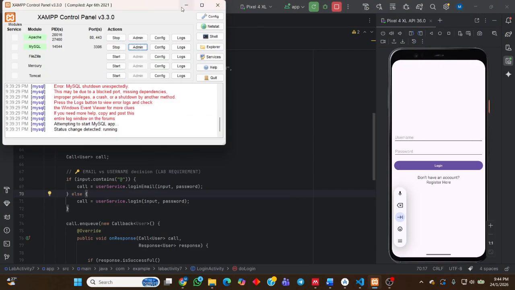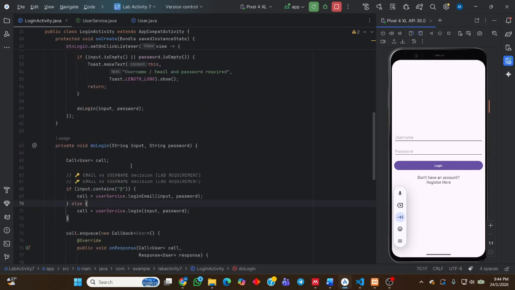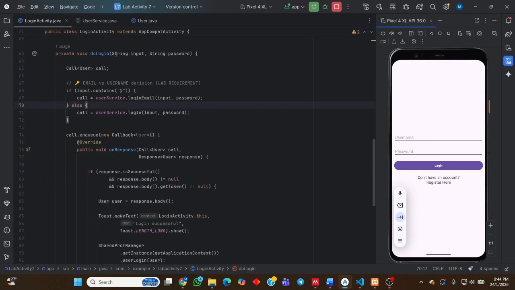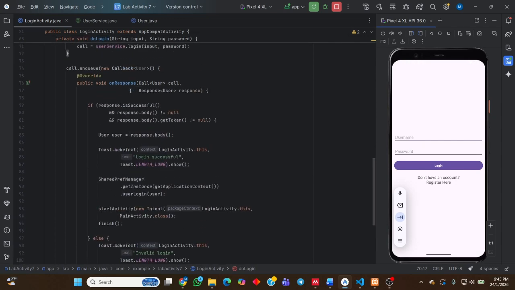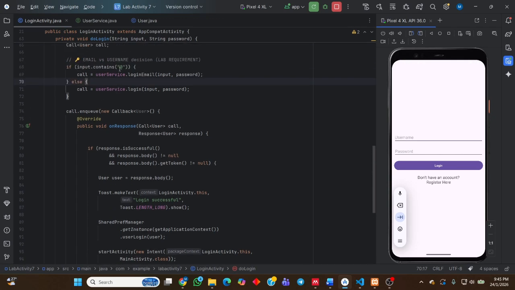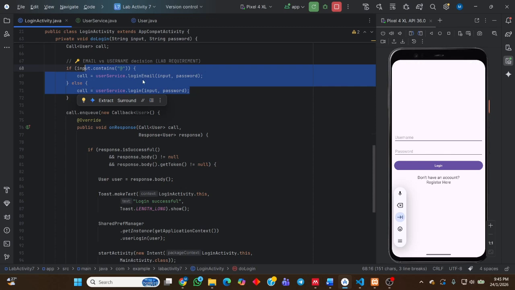If you first look at the coding, this is my login activity. This is the method when we want to log in. The most important one to see is in this user service. There are two types of login, whether using username or using the email.